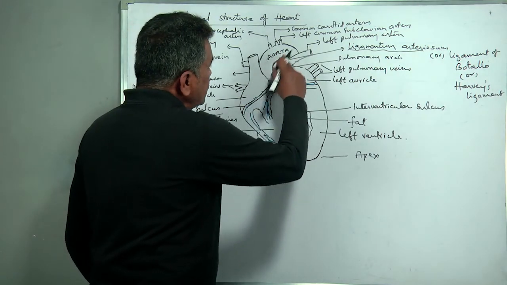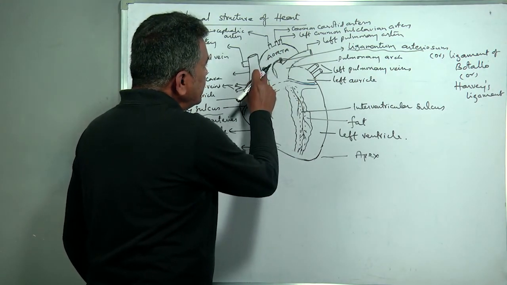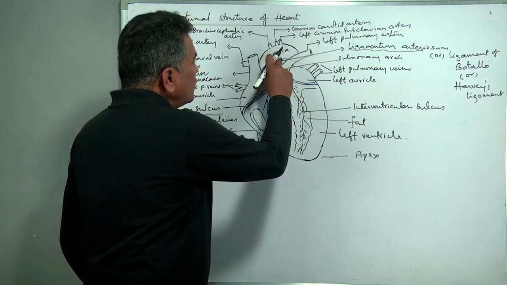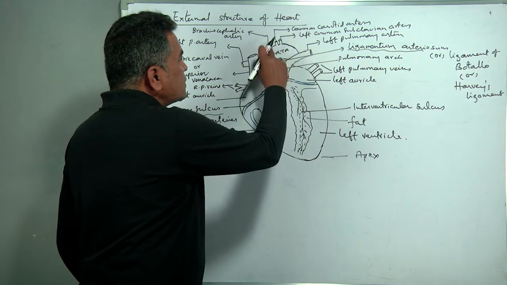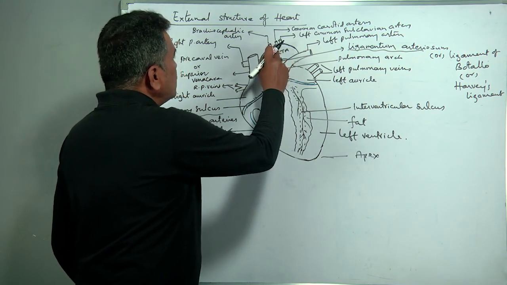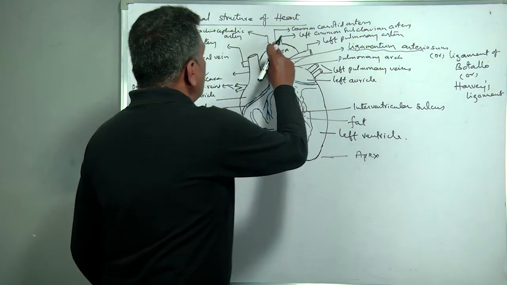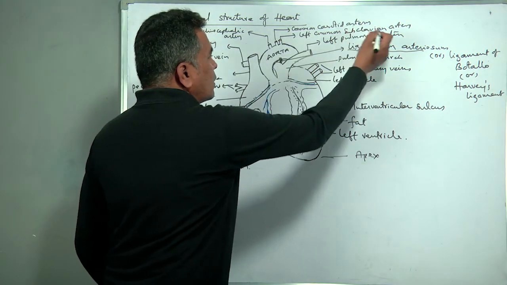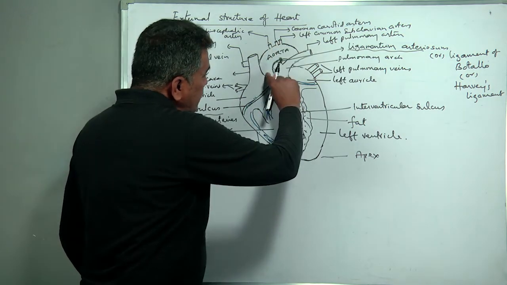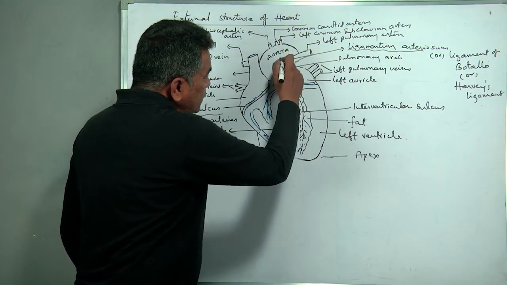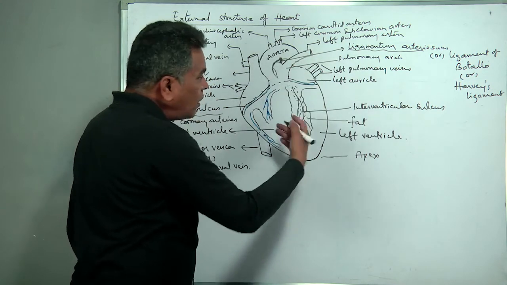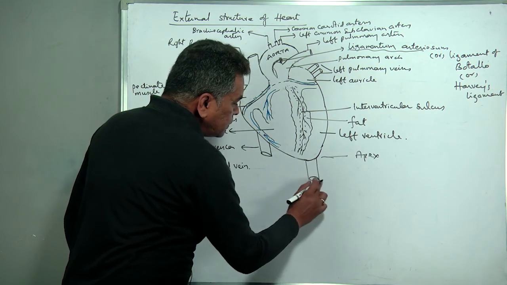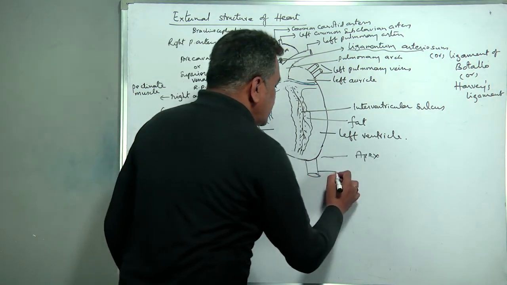And as far as the aorta is concerned, this is the ascending aorta, and this is the descending aorta. So this systemic arch shows three openings here: the brachiocephalic artery, the common carotid artery, and the subclavian artery. So the ascending aorta is followed by the descending aorta. This descending aorta lies on the back side of the heart.